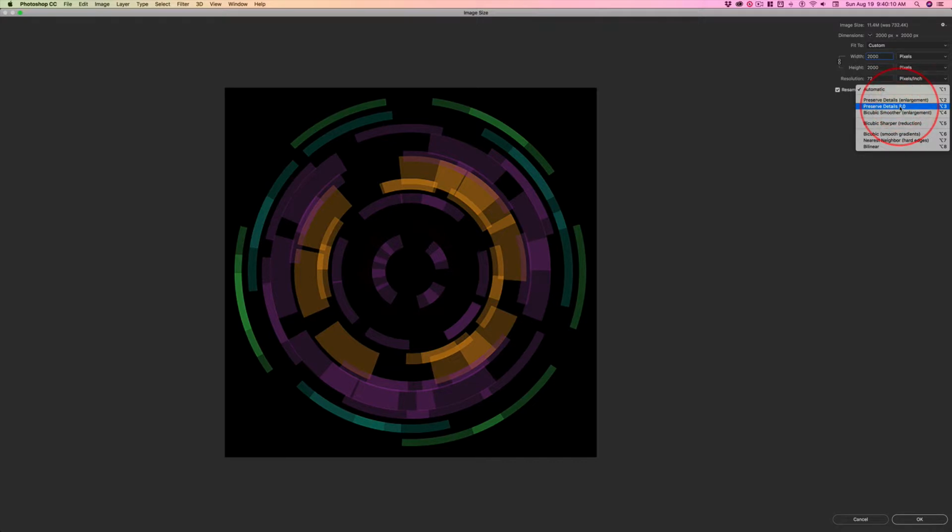They're very agile, and they will change depending upon the collections of pixels that the algorithm identifies. Preserve Details 2.0 is the sweet spot as far as I'm concerned. Just crank reduce noise all the way up. We can fine tune this later